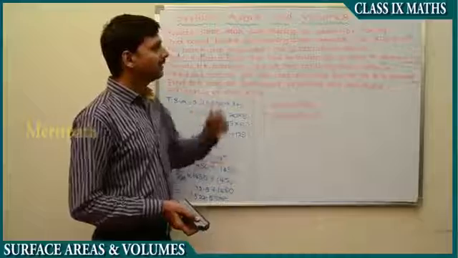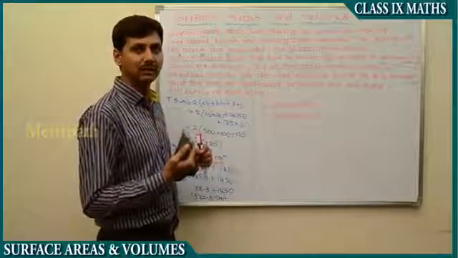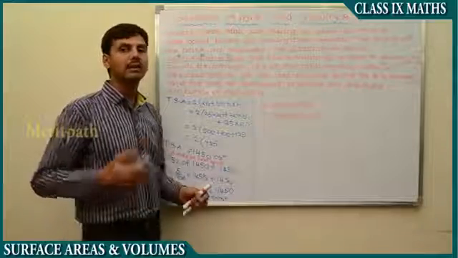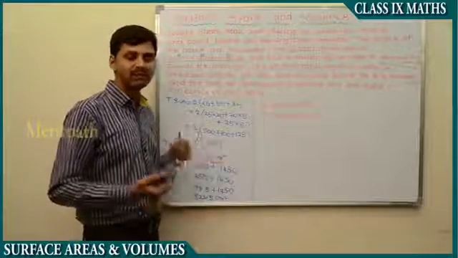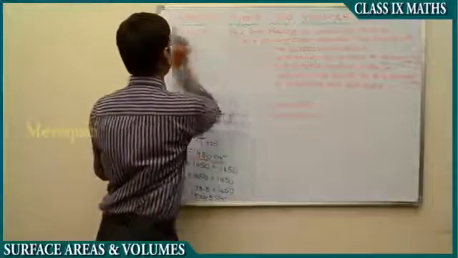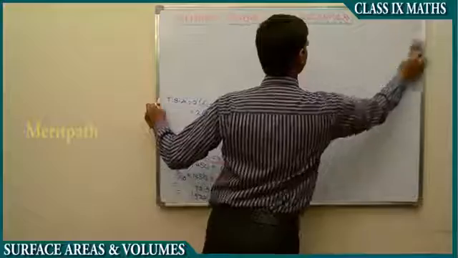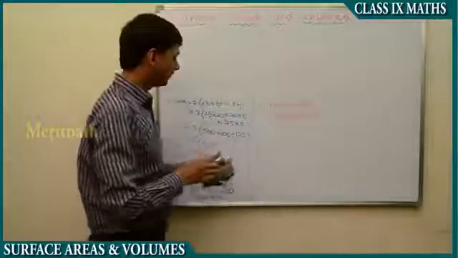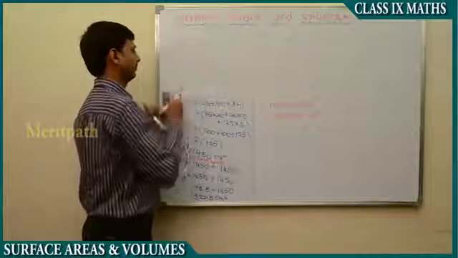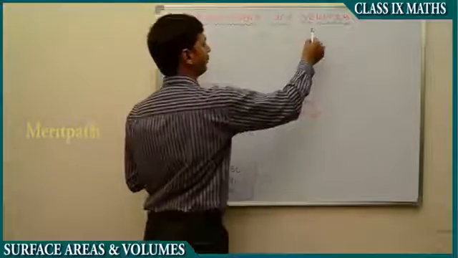Now let's find out for the smaller dimensions, that is the smaller boxes. For the smaller boxes, we'll use the formula 2 into (LB plus BH plus LH), take the extra 5%, and multiply with 250. It is the same process that we have done for the larger boxes. So for the smaller boxes,